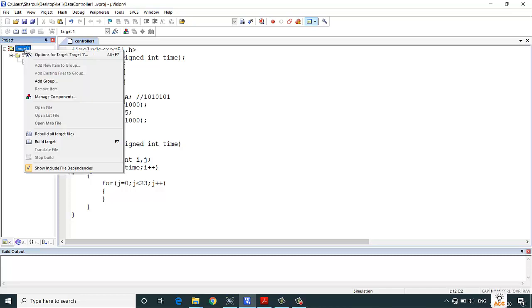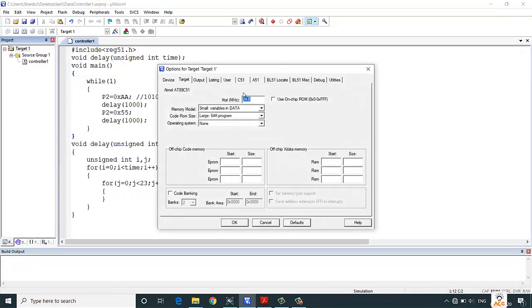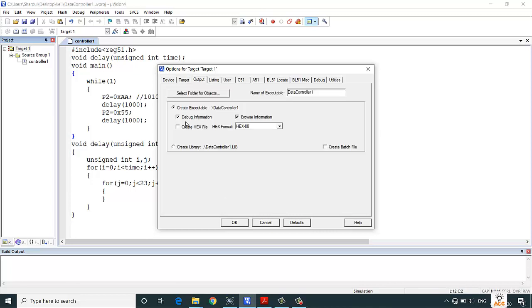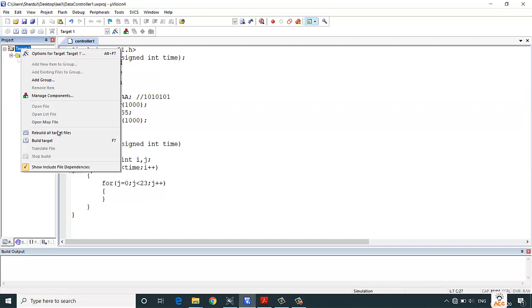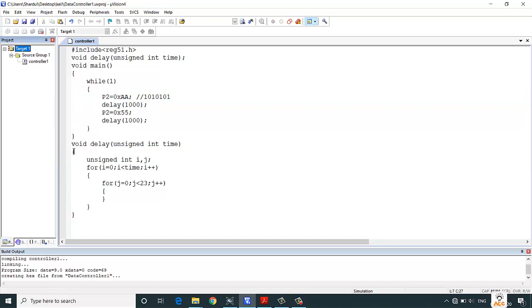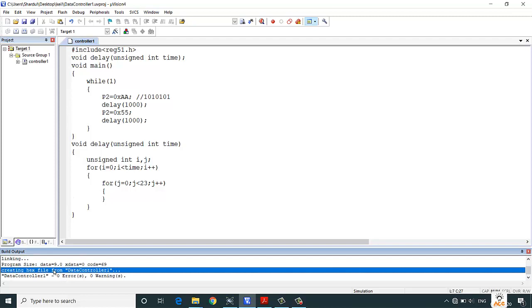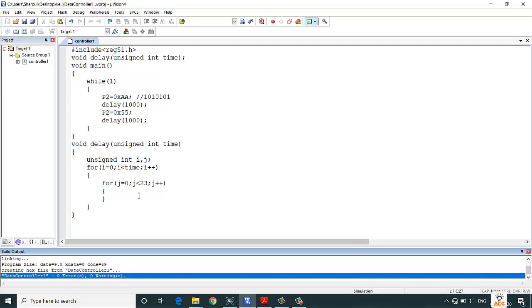Then we have to right click on target and make some necessary configurations, changing the frequency to 11.0592. Go to the output tab, check mark create hex file and click OK. So the first controller design part is done. Let us right click and build target. You can see the target got built successfully, created hex file for controller 1, and there are 0 errors and 0 warnings, which means our code has run successfully.